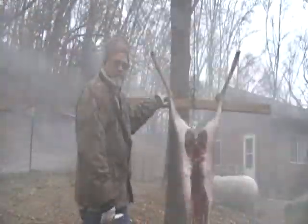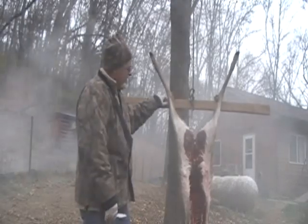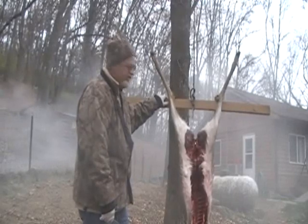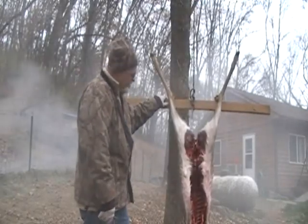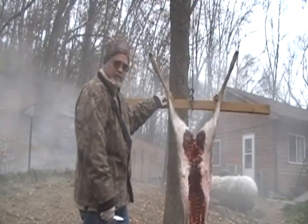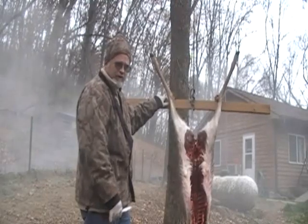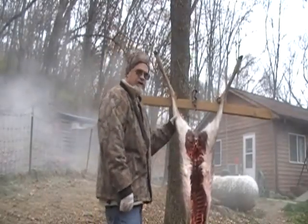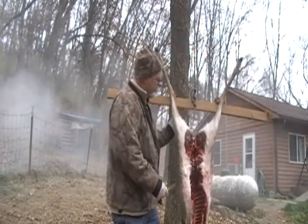Okay, we field dressed this deer yesterday, and we hung it out. It got about 20-some degrees last night and chilled down real nice. What we're going to do is skin this out and save this skin for sending away. We want to get it tanned. We've got a written narrative on skinning a deer, but you'll need a video to go with it